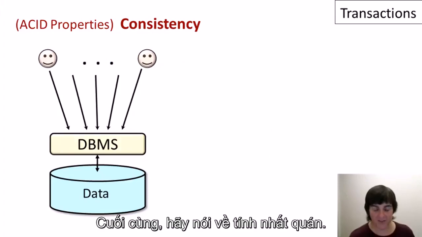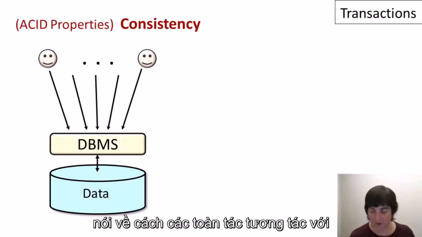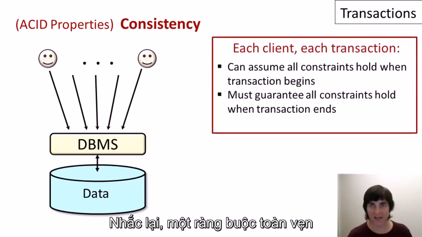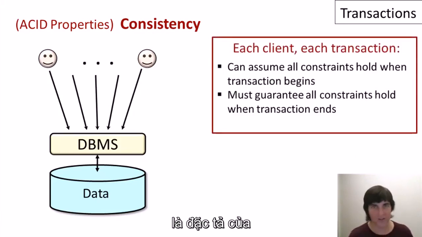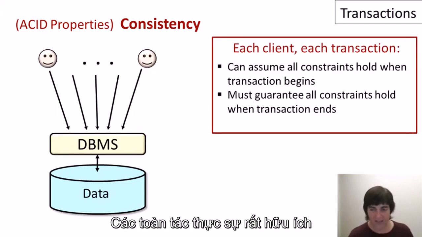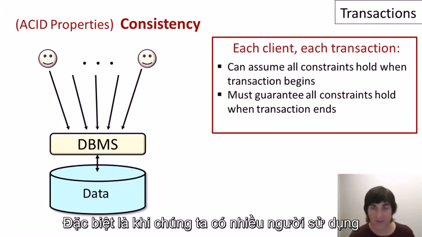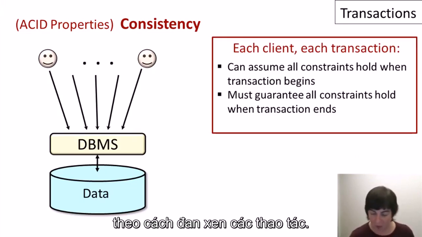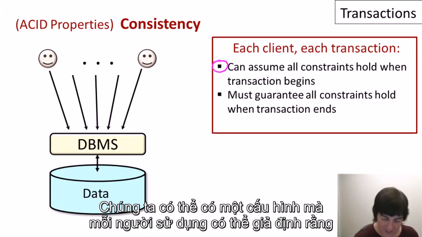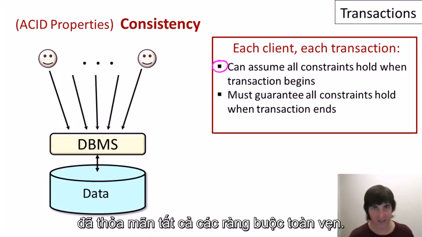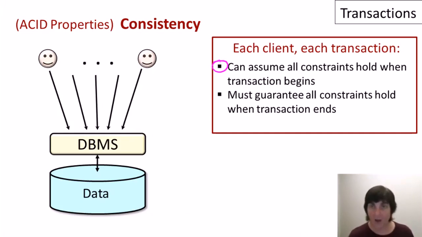Finally, let's talk about consistency. The consistency property talks about how transactions interact with the integrity constraints that may hold on a database. As a reminder, an integrity constraint is a specification of which database states are legal. Transactions are actually very helpful in the management of constraints. Specifically, when we have multiple clients interacting with the database in an interleaved fashion, we can have a setup where each client can assume that when it begins, it operates on a database that satisfies all integrity constraints. Then each